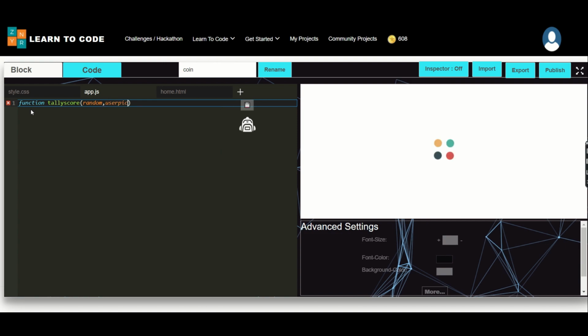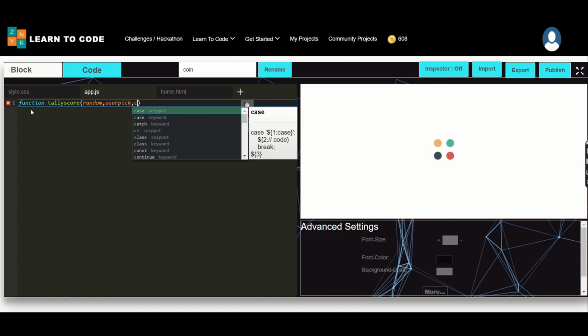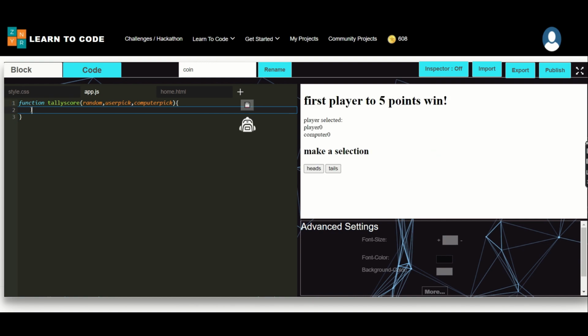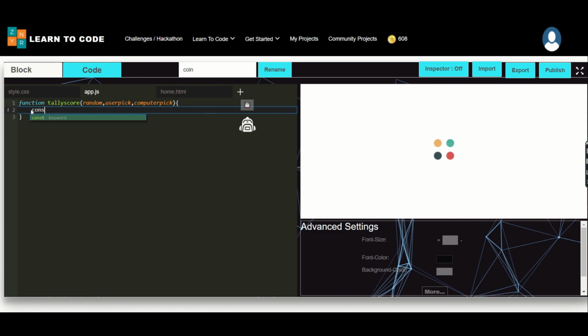Maybe it is us, and the second one could be the computer. Next, we have to select the scoreboard from the DOM. That is also a constant, and I'm making as player display,